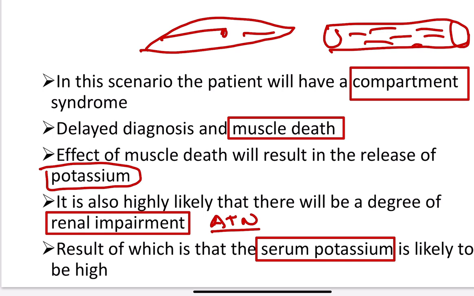Such as in case of burns, what happens? There is destruction of cells and release of potassium. Operations also. In an operation, what do we do? We cut the skin, we cut the other structures. So we cut the skin, we damage the cells. When we cut the other layers, at the same time we damage cells, and there is release of a high level of potassium, and blood potassium will increase.